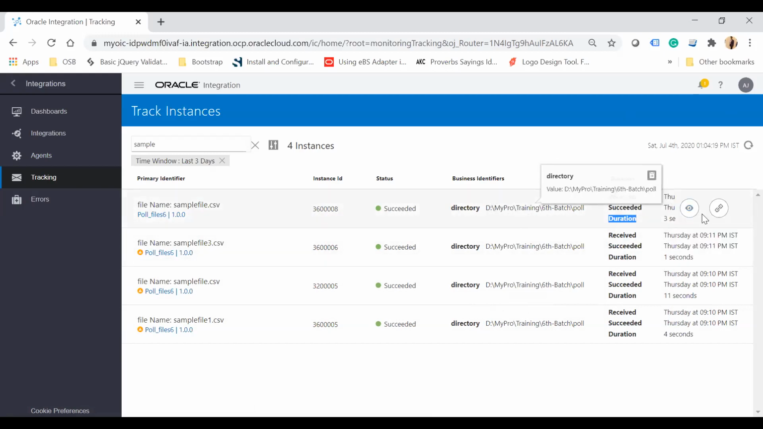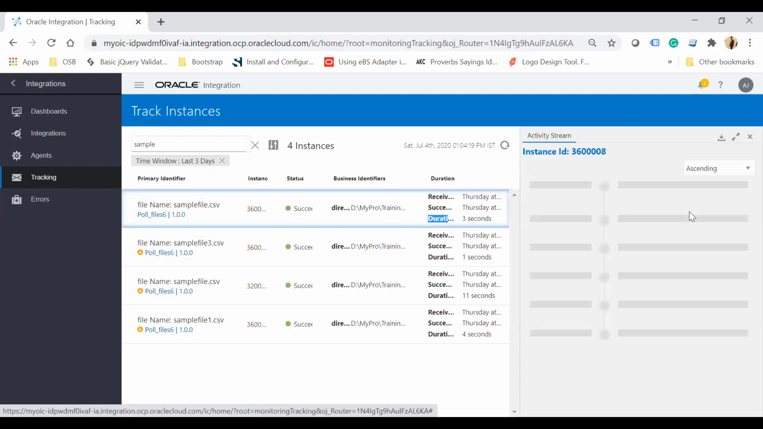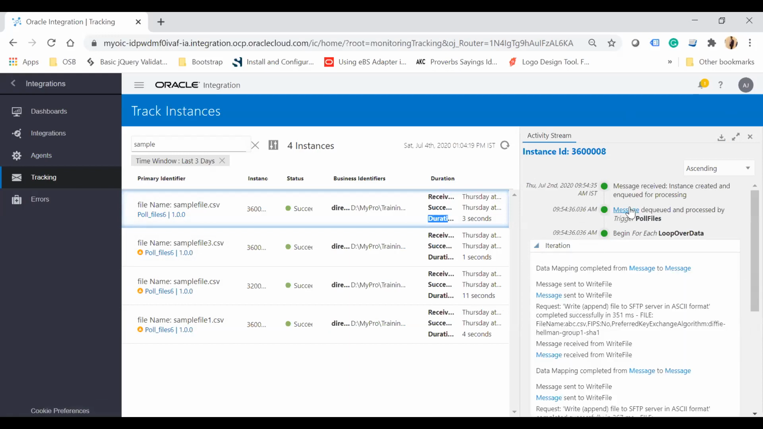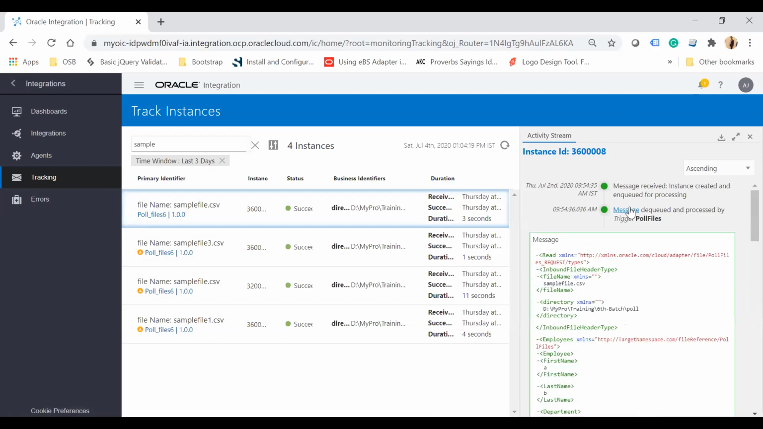If you hover over it, it will show you different icons, like view detail. This view detail will show you the activity stream along with the payload. This payload will be visible only if you have enabled it during activation of the integration. You can download the particular payload, you can copy it, you can expand it, you can close it. You can see the instance ID. If you click on this particular instance ID, it will